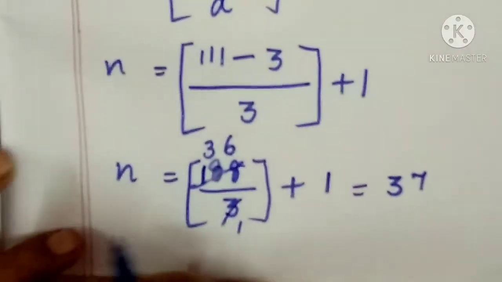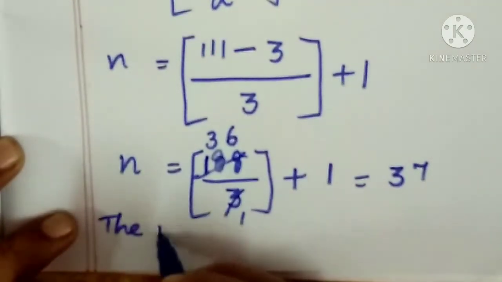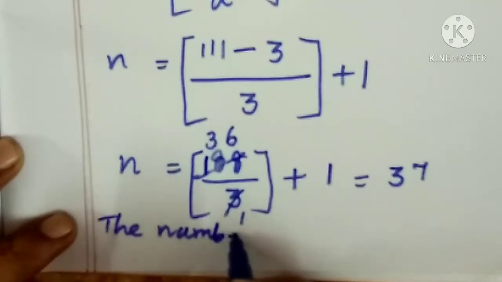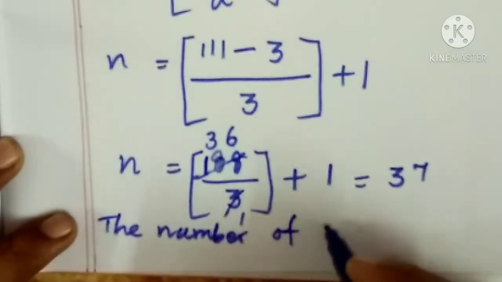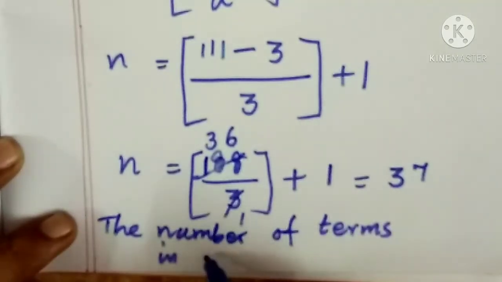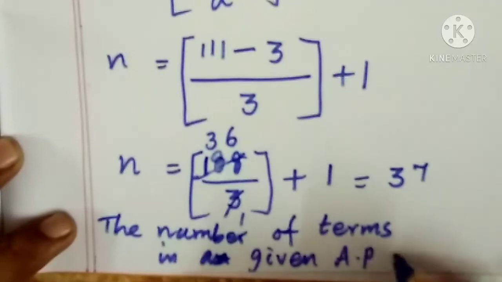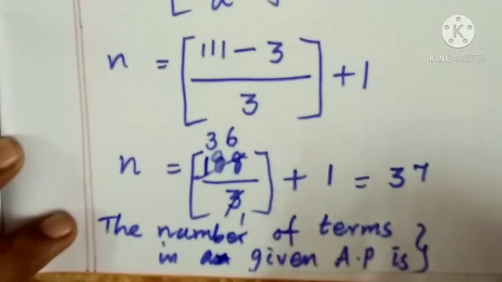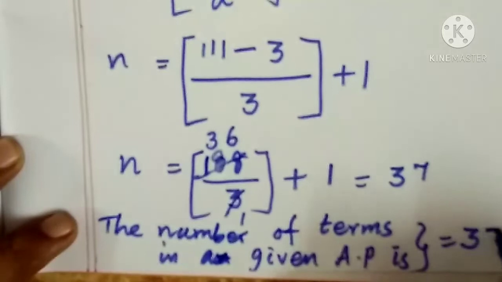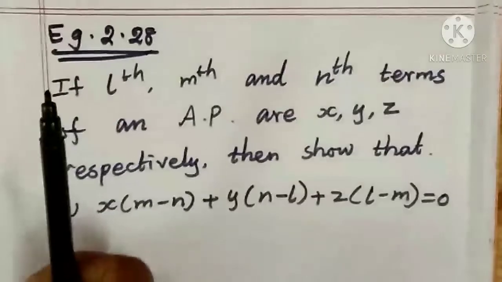Hence, the number of terms in the given AP is 37. This is the answer for this question. Now, we move on to the next example,